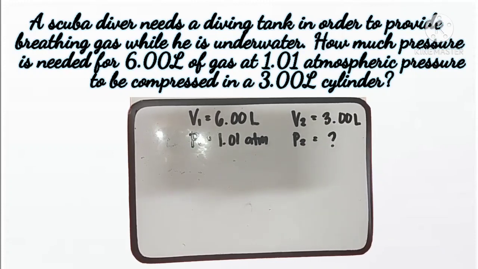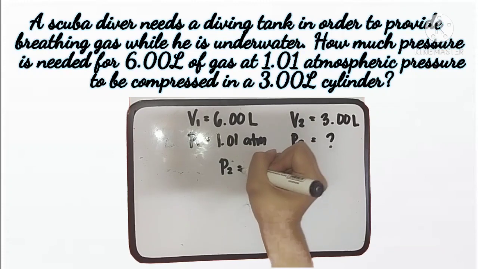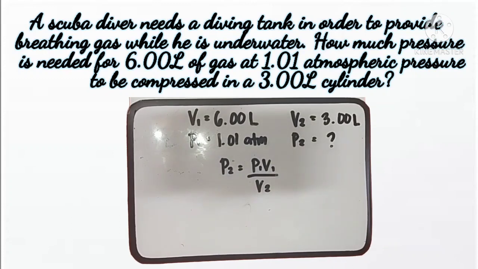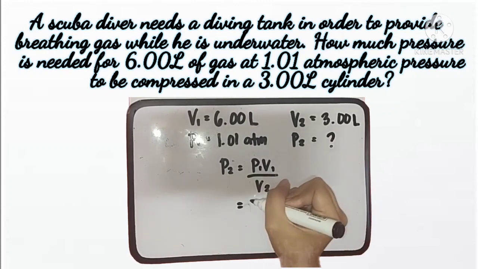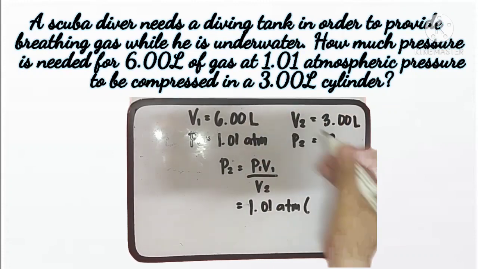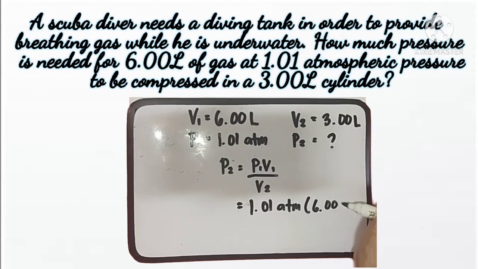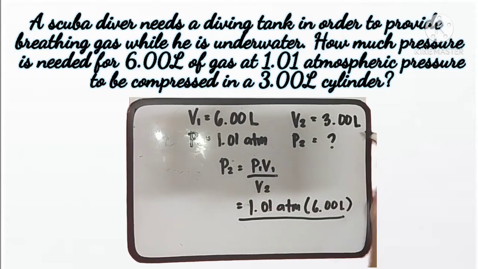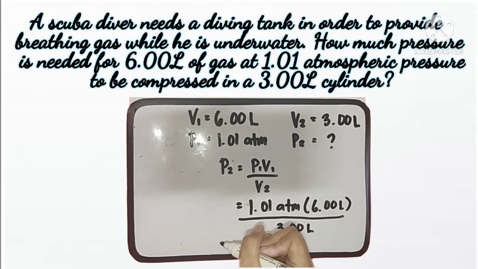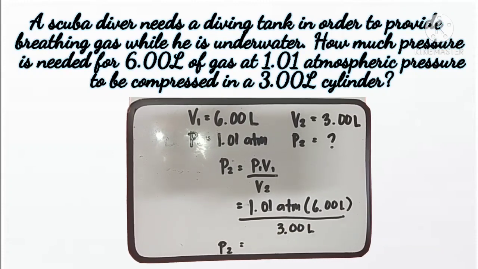Remembering the derived formula, we have P2 is equal to P1 times V1 over V2. Now we're going to use the formula and substitute the givens from the problem. We have there our P1, which is 1.01 ATM, multiplied by our V1, which is 6.00 liters, divided by the final volume, which is 3.00 liters. Thus, our final pressure will be